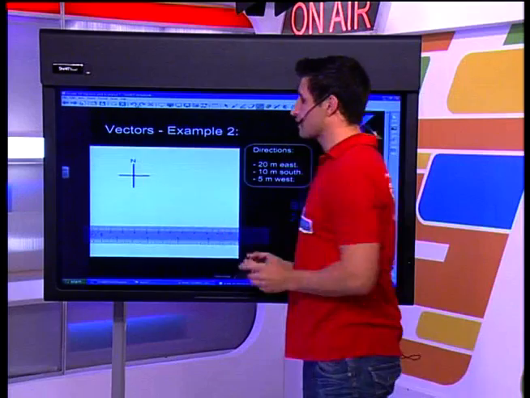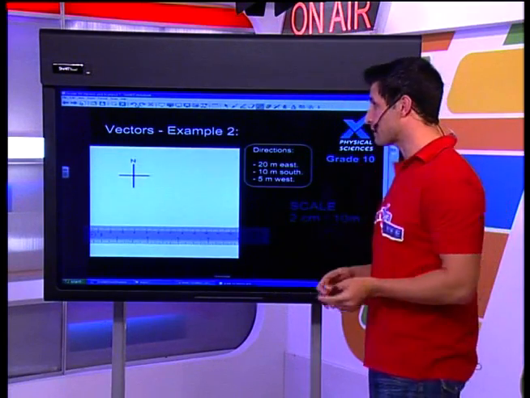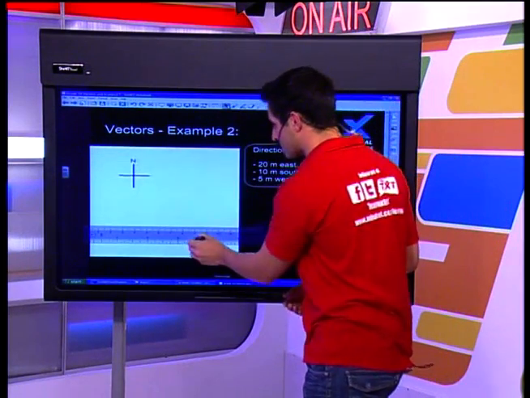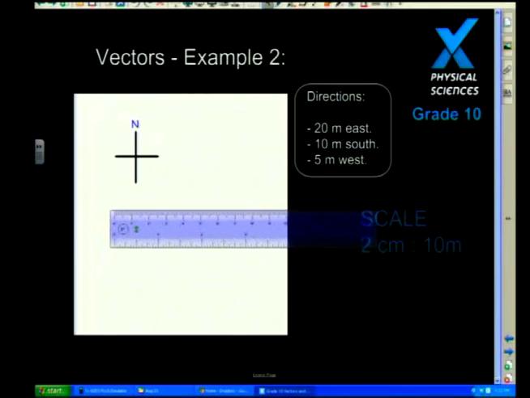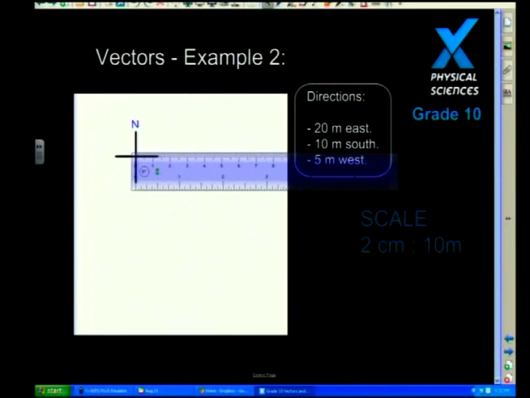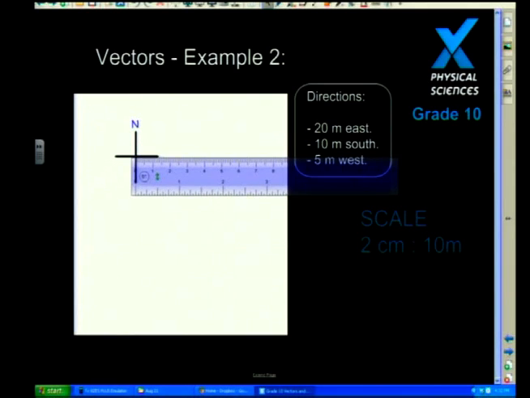Now when I start drawing, I start at the center of this compass. So if you haven't done this before, that's great. That means that you're learning. Now we're going to draw in our first vector. So I'm going to put my 0 at the middle of this little compass which I've drawn, and this you're just drawing in rough with your pen. So now I've got my ruler over there. Now I'm going to make my first lines.